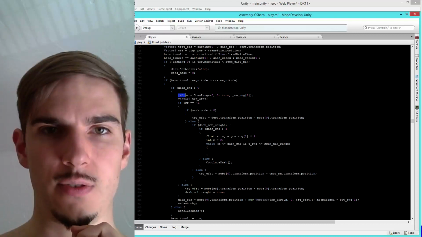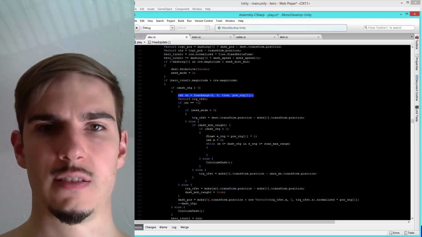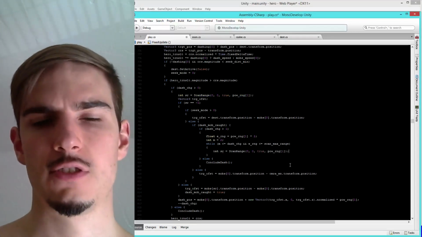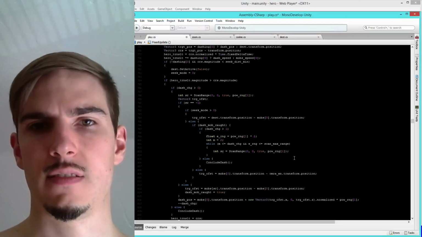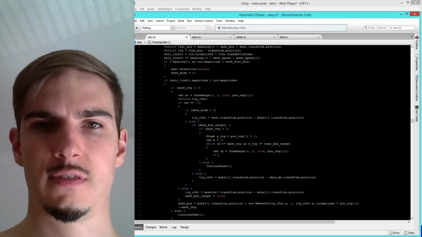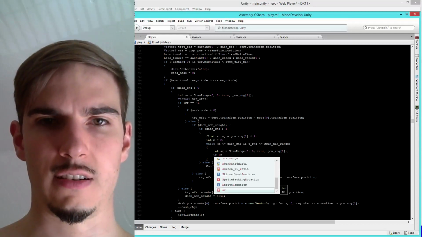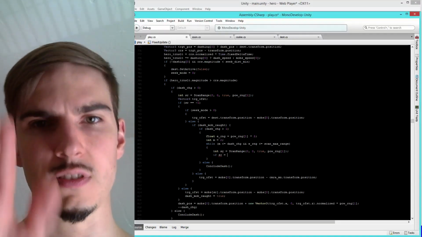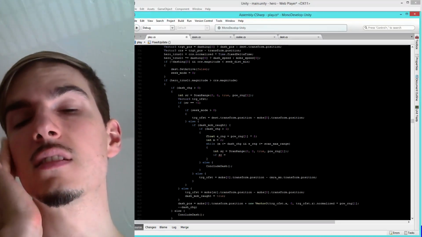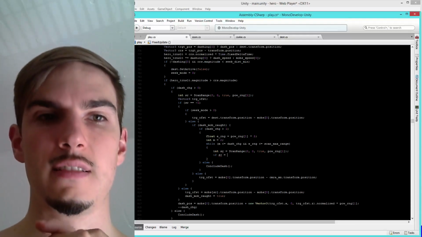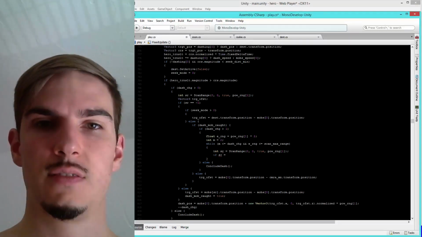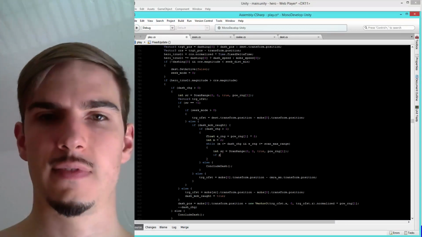So in SR, etc. And then if SR equals, what? If SR is greater than or equal